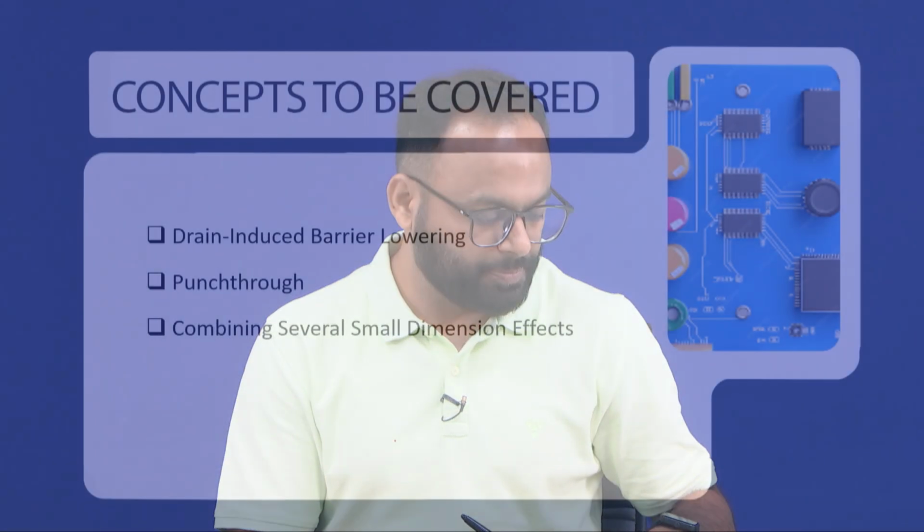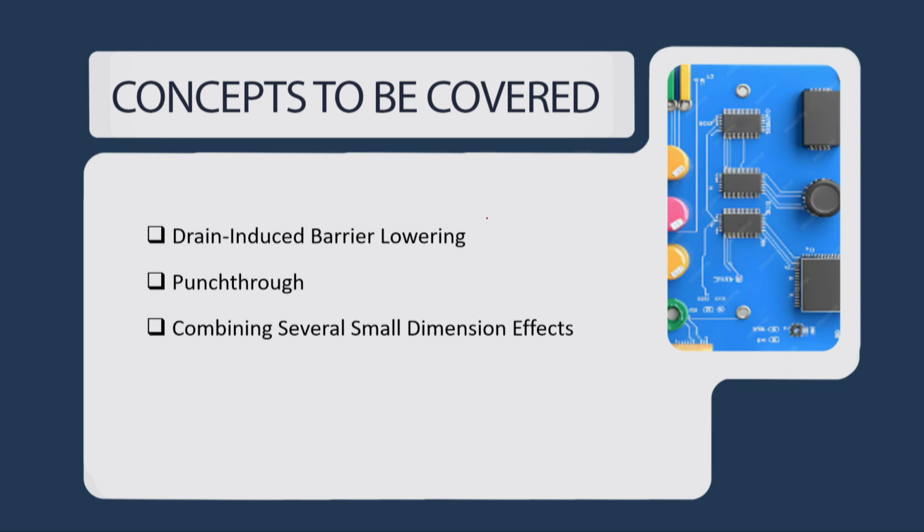We are in module 9, lecture number 3, drain-induced barrier lowering. In this lecture, we will discuss an important short channel effect, that is drain-induced barrier lowering. We will also see the punch through effect which is happening in short channel devices, and we will see how we can incorporate the short channel effects we have discussed so far in the model which we have derived